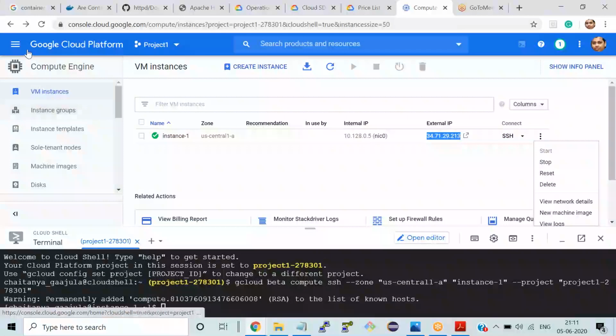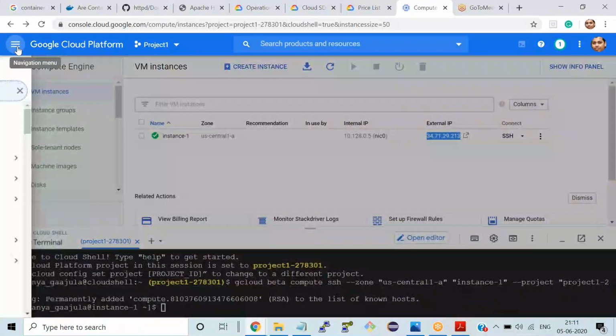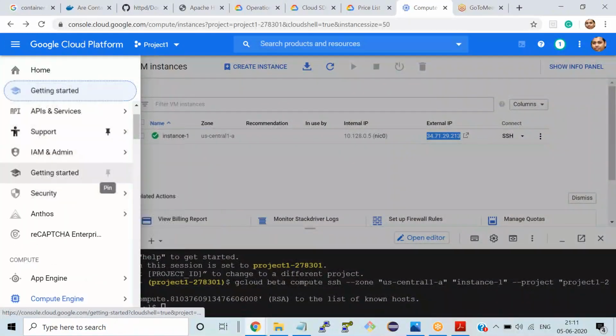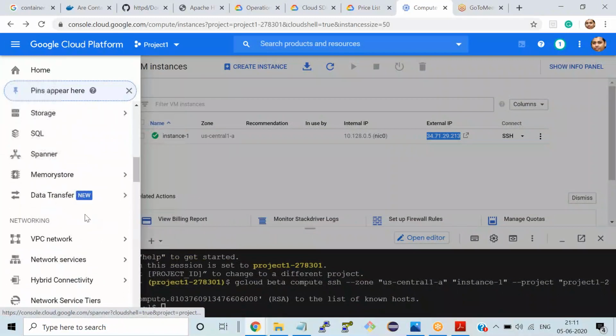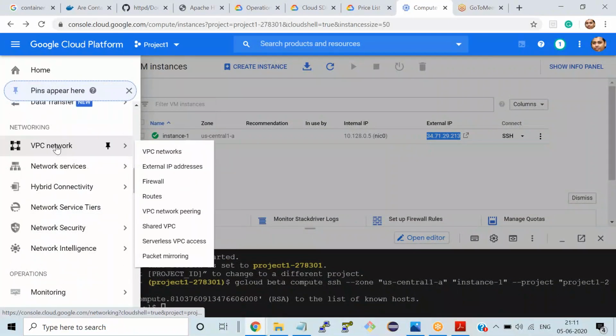And can we use PuTTY, the tool like PuTTY? Yes, you can use that. Yes. And apart from this, when you go to your VPC and look into the external IPs,